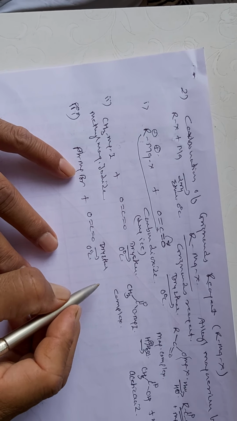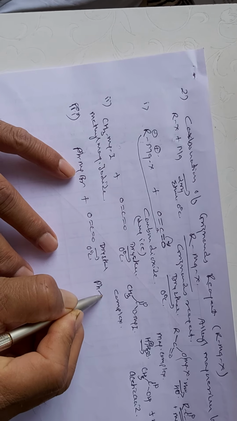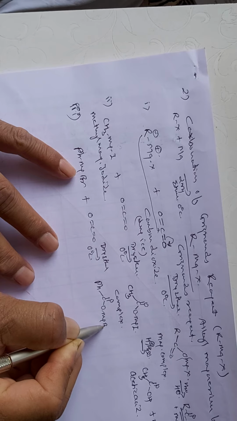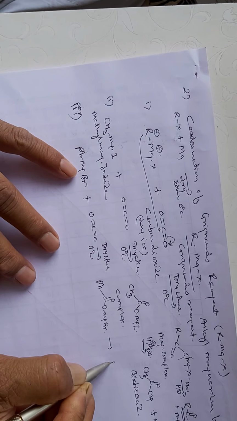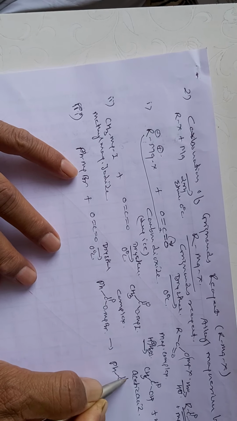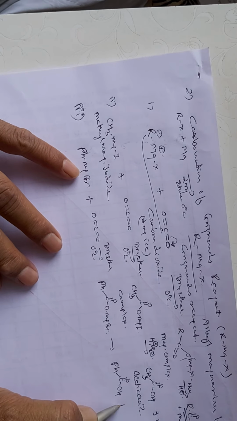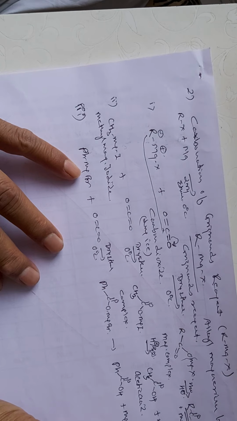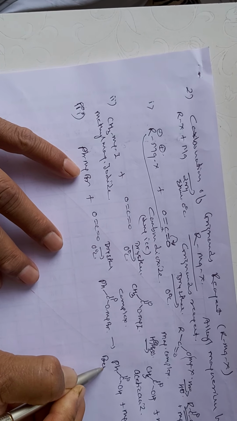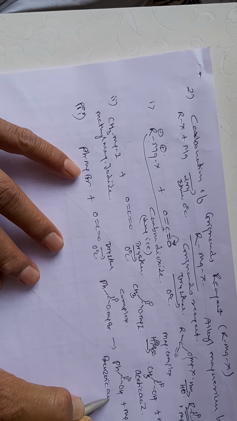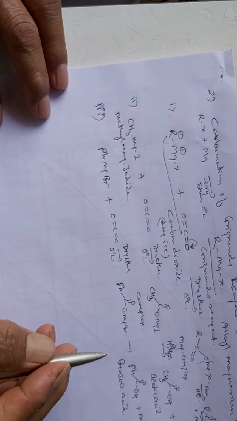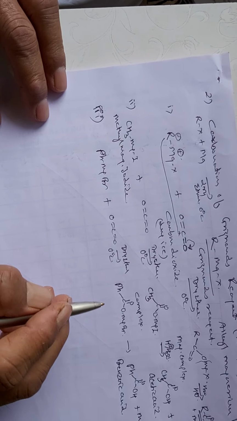Here you will get the formation of PhC double bond O, OMgBr, and it will give you the formation of benzoic acid plus MgOHBr. So here it's your benzoic acid. In this way we can synthesize different types of carboxylic acids by using this method,